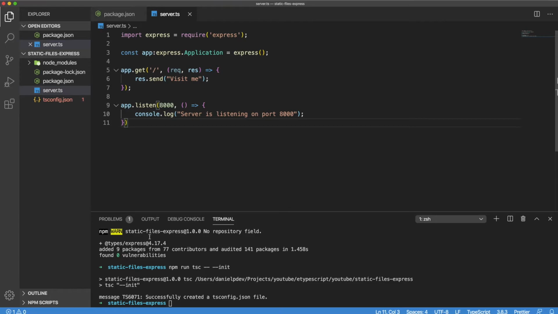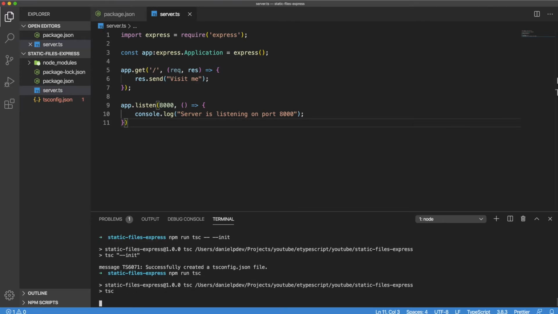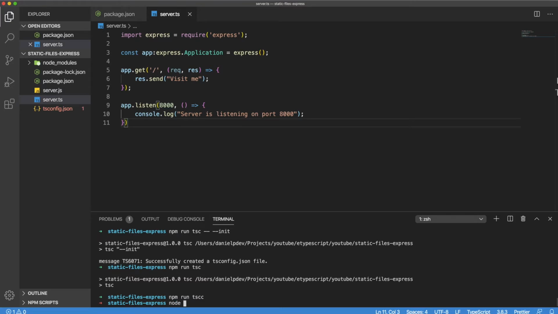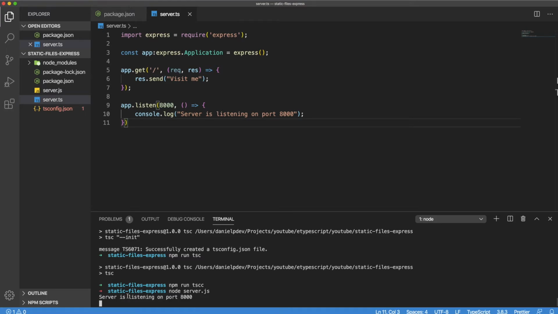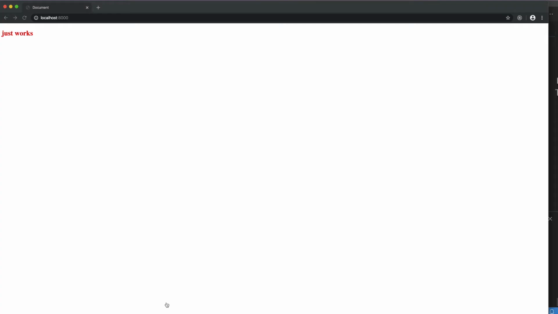Okay, and now let's run our npm task. So npm run tsc, and as you can see here, we have a server.js file. This one got generated when we've run this command npm run tsc. So let's just use node to run that server.js file. And as you can see, we have our server that is listening on port 8000. So let's see here, if we refresh the page, as you can see, we have a text visit me that